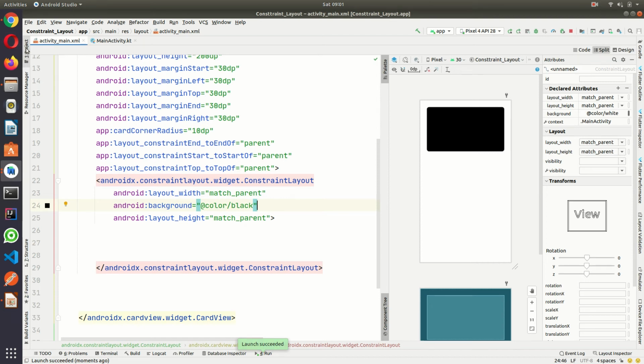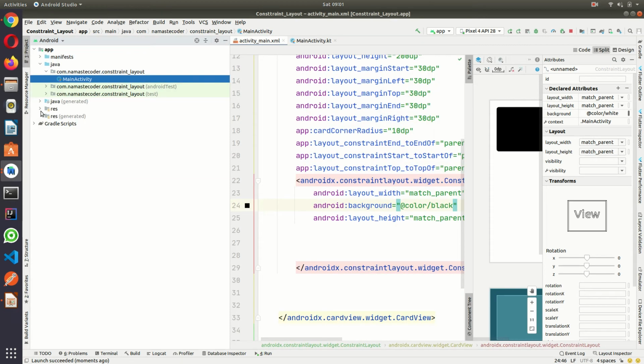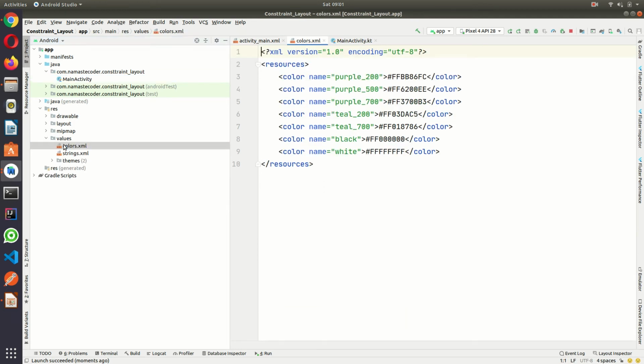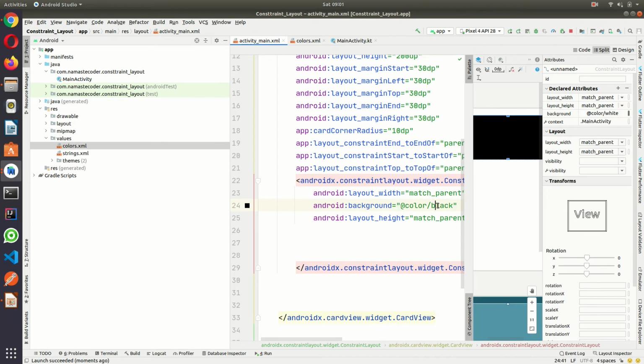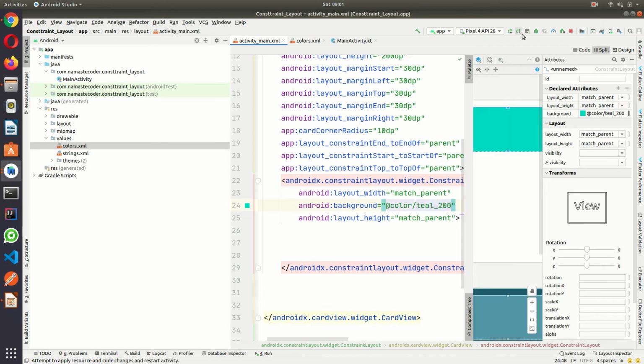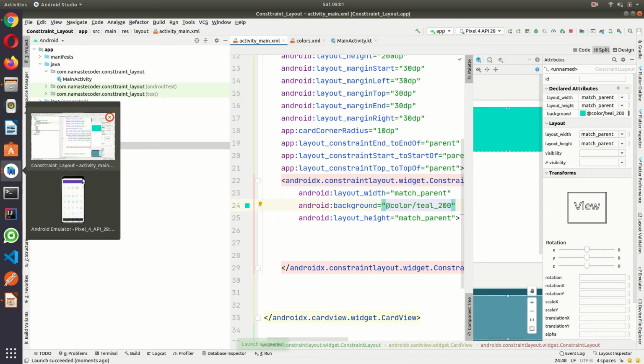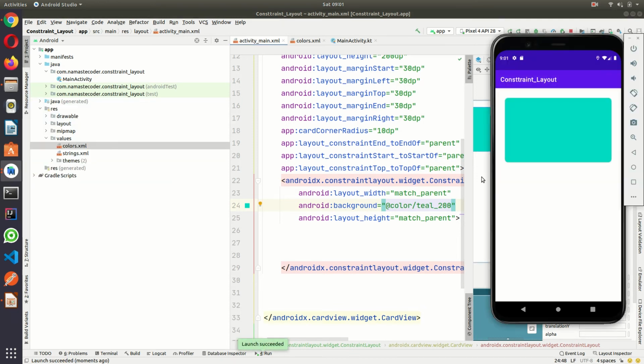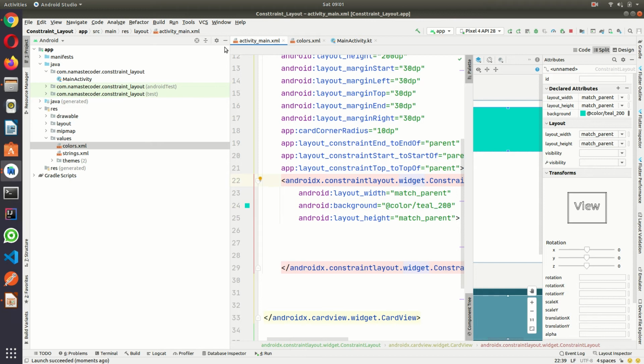Okay, let me use some other color. So this will do.